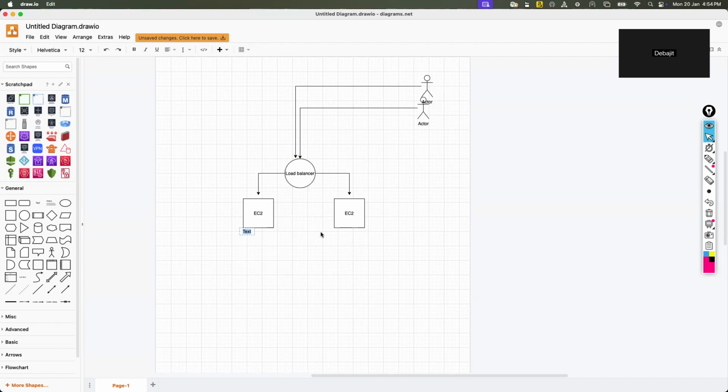Let's assume those servers have their own capacity. Let's say each server has 8 virtual CPUs and 16 GB RAM, hypothetically again, on both of the servers.